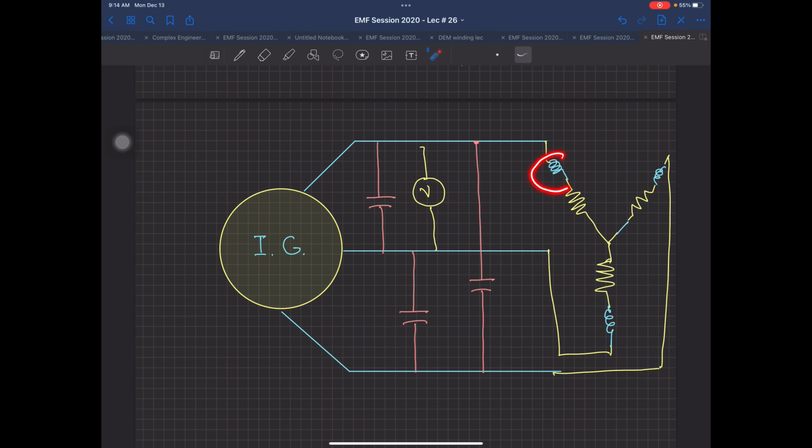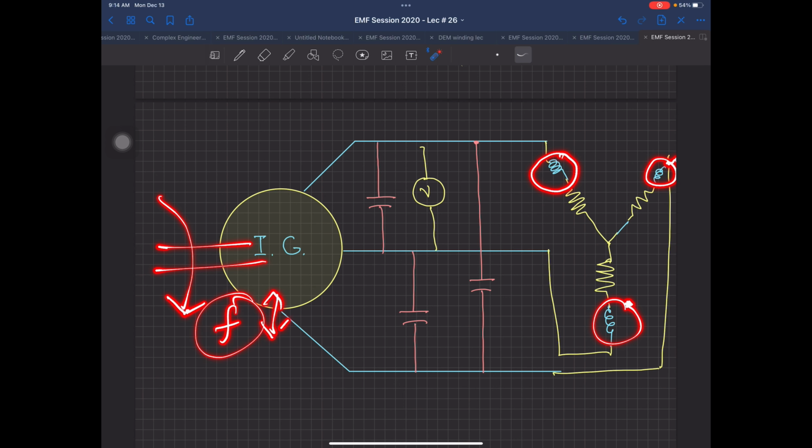And if your load has an inductor inside it, which is almost possibly true, because every time you have a fan working, it has an inductance, you have an energy saver, it has an inductance or anything, so you will require Q. And the worst part of this, since this is being run by a wind turbine, the wind has not a constant speed. It can vary from 3 meters per second to 9 meters per second, or in some hurricanes to 12 meters per second also. So the speed is variable. So when speed is variable, the output frequency will be also variable.